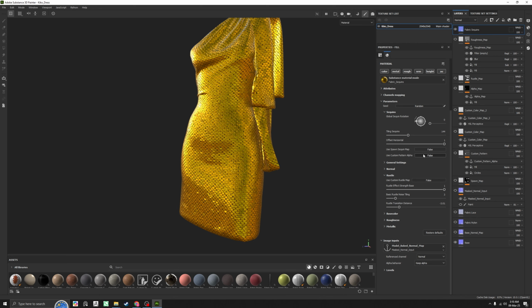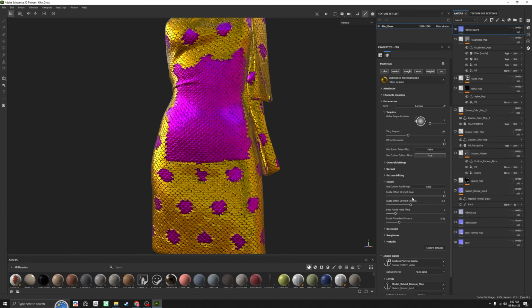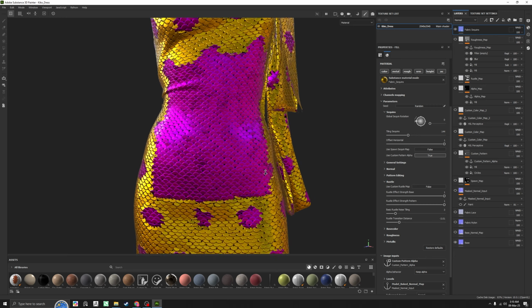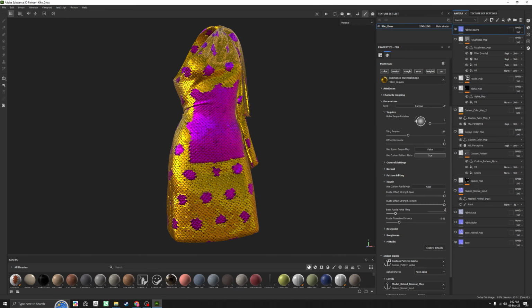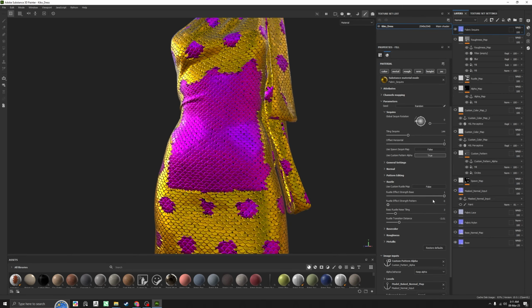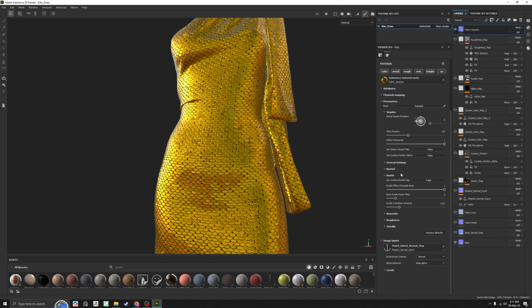And if you have the custom pattern alpha enabled, you're going to have a separate slider of the opacity, let's say, or strength. And you can have this be at 1, and you'll notice that effect of the rustle start to appear on the pattern itself. So for whatever reason you might not want that rustle effect to be happening on the pattern, you can completely remove it and have it exclusively happening on the yellow parts or the base, essentially. So similar to the previous,